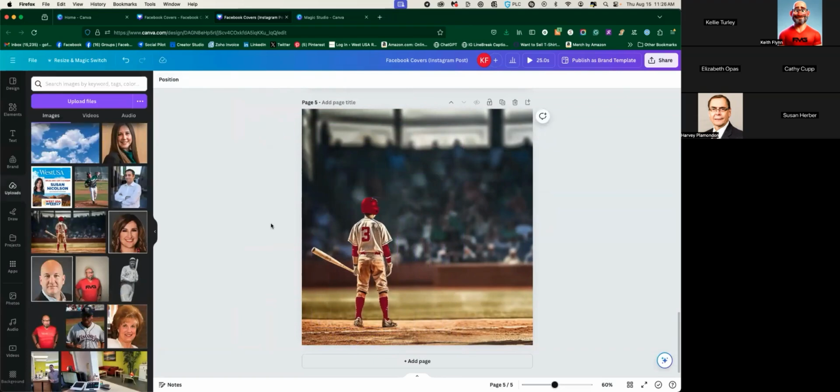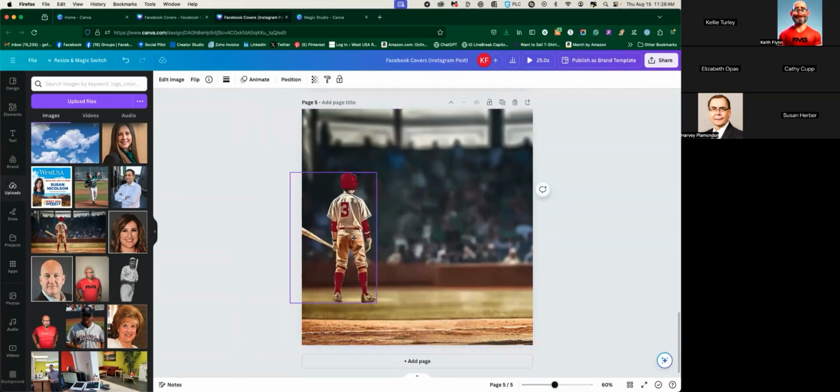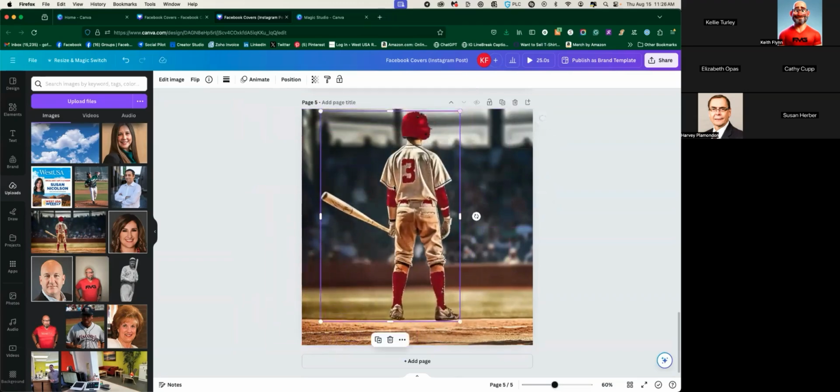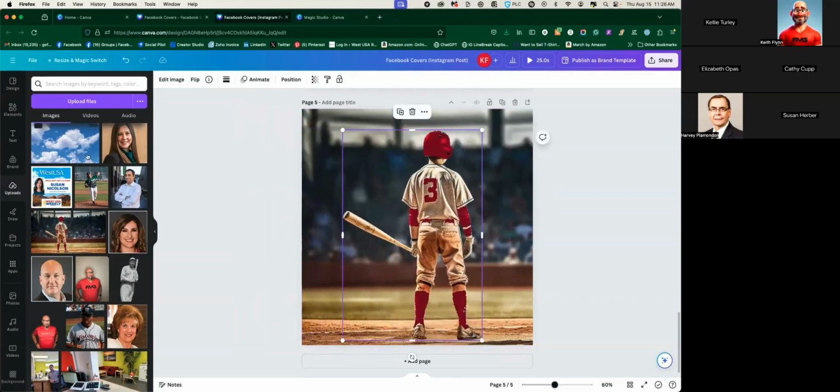the composition, the colors, the gradients, the grains to it, the filters. Nothing looks out of the ordinary. All I've done is just reduce the size of the main image from there. The fact that it's able to fill in the background is just really amazing. If I want to make this particular person bigger, or if I wanted to now pull him away, and I